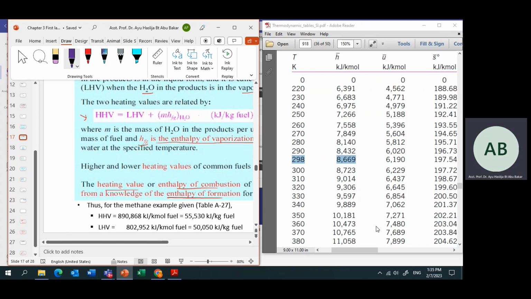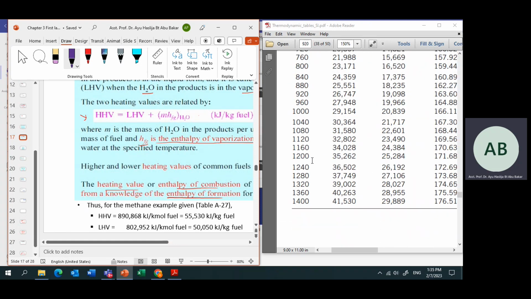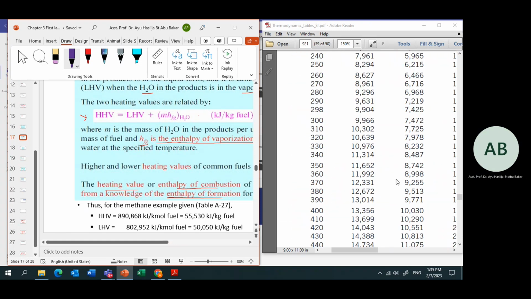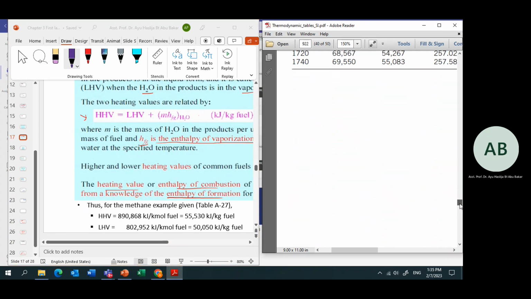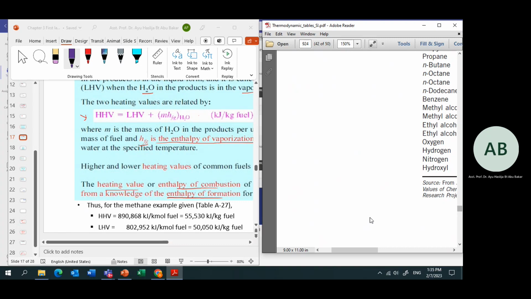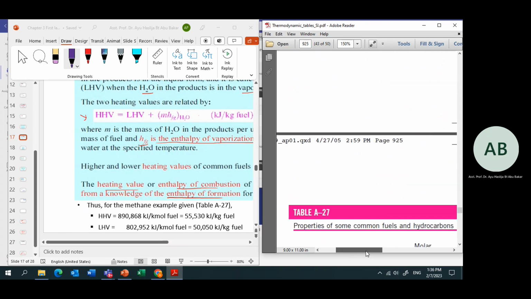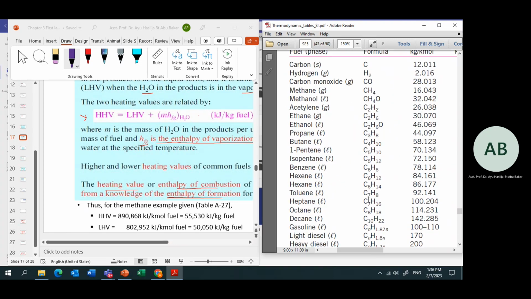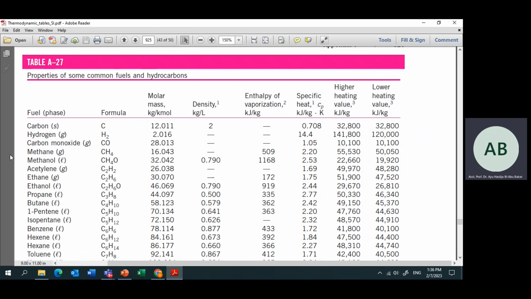Okay, for methane, for example, methane in table A27. So methane, we have